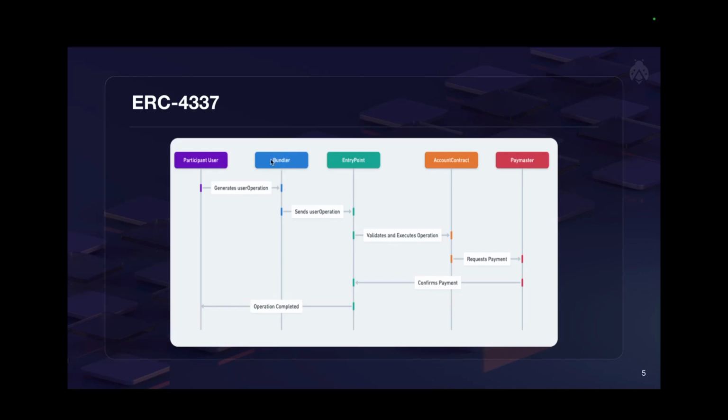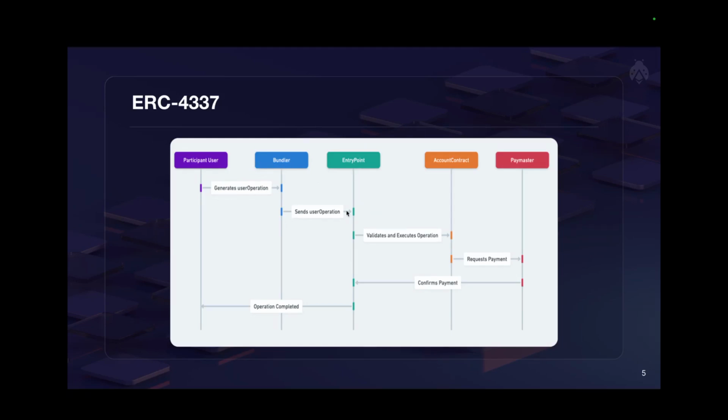The bundler can also take in as many user operations as it can from other users as well. It's not that it will only accept user operations from one user. In a single bundle, it can bundle multiple user operations from different users, not necessarily only one user. And then this is relayed on to the entry point